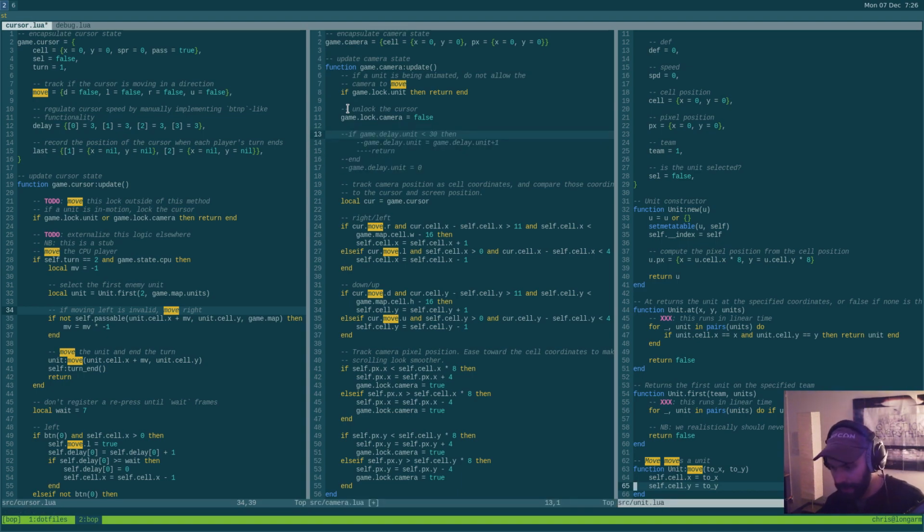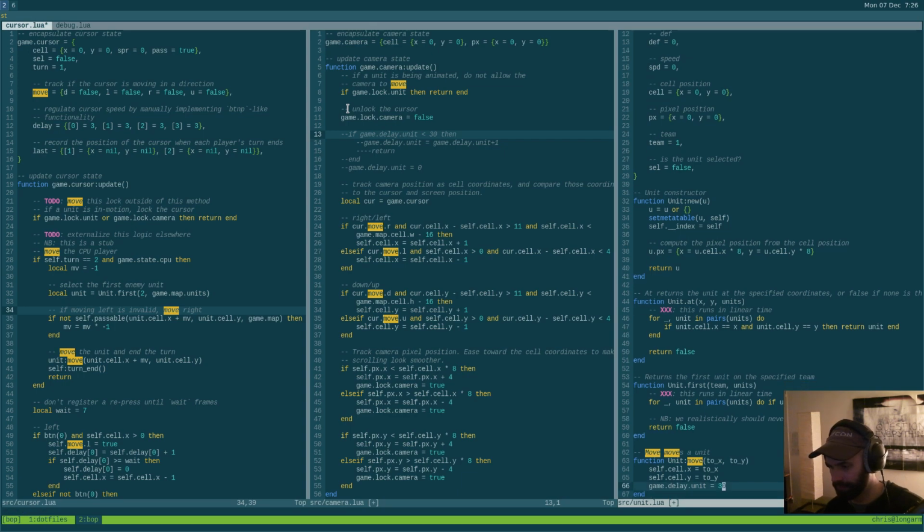Let's say when a unit is moved, we set the value of game.delay.unit to 30. And again, this is really bad. This is really gross, but set game.delay.unit to 30, and